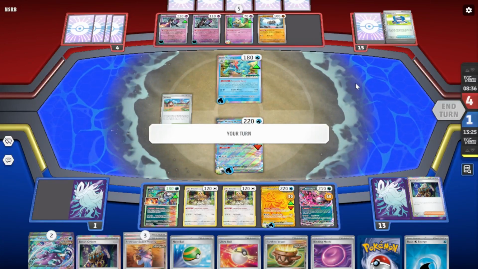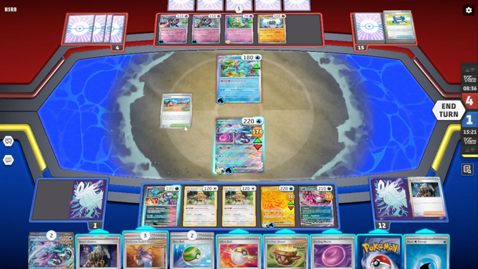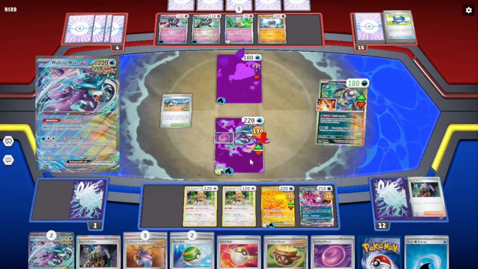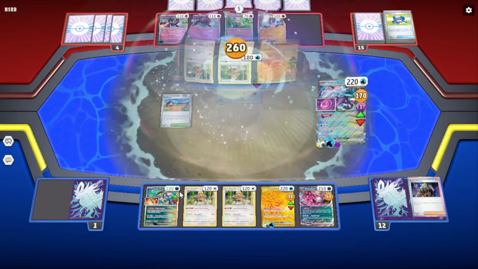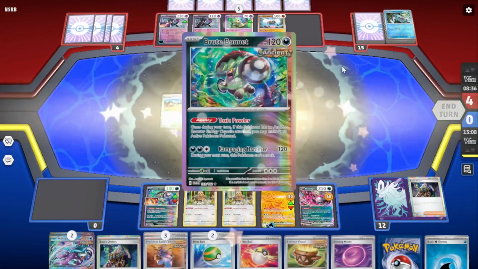I am so sorry to say that your calculations were very incorrect. Toxic Powder. Catharsis Roar for 260. Bye-bye, chump. And there's a Brute...